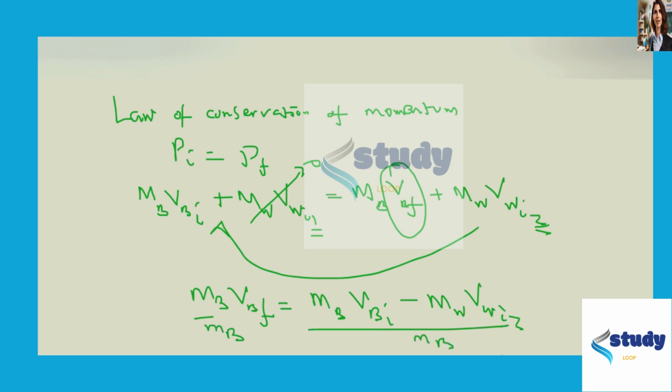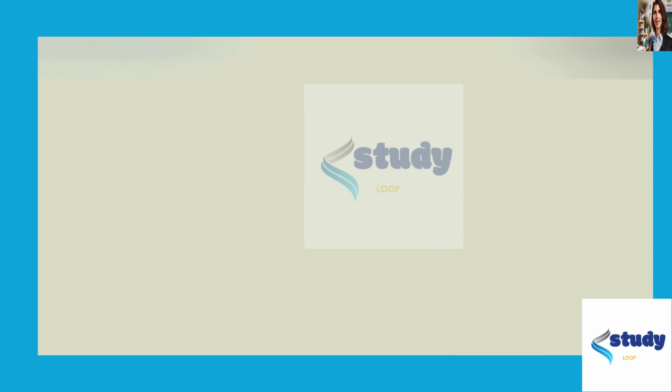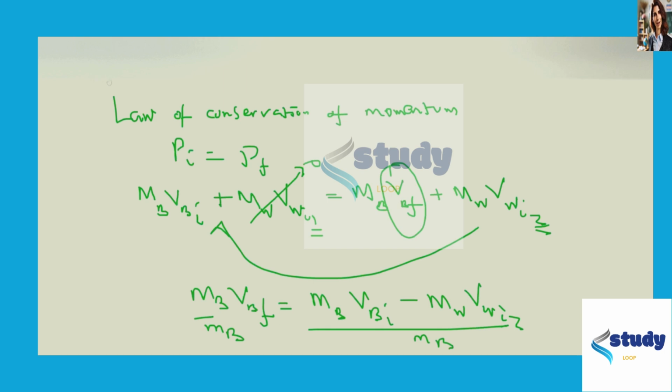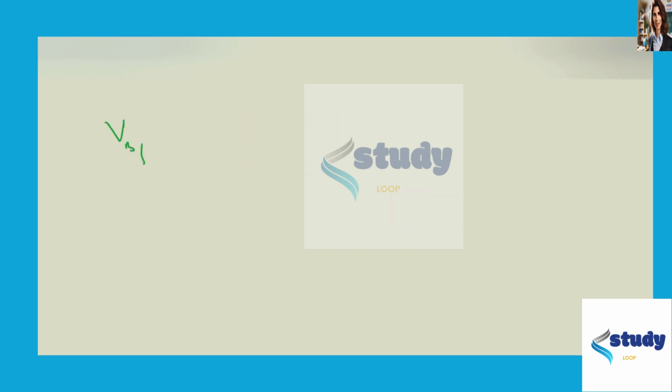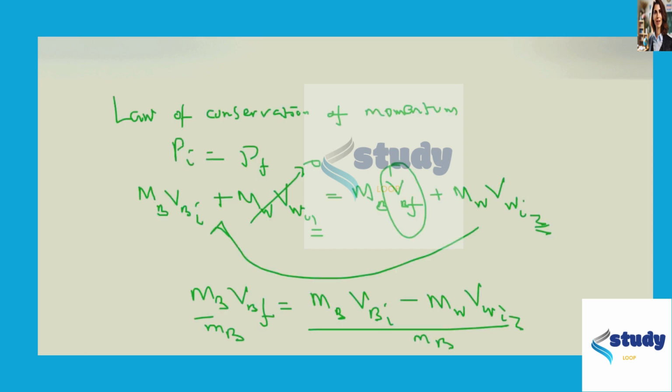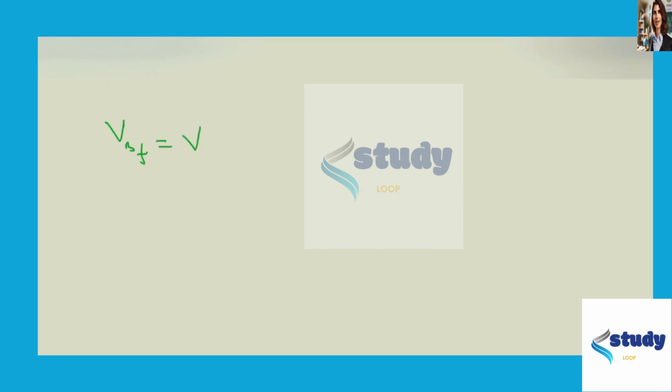Okay, so we're dividing everything by the mass of the bullet. And then in the next page, to get the final velocity of the bullet, it becomes equal to, notice these two numbers are going to cancel out, the mass of the bullet and this mass of the bullet. So we're left with the simplified part of the problem, VBI minus